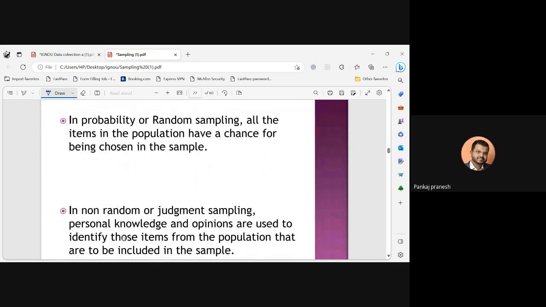So, in probability... Excuse me, ma'am. Yes. Ma'am, can you give one example for personal bias? Example for personal bias. Okay, yes, suppose, ma'am,